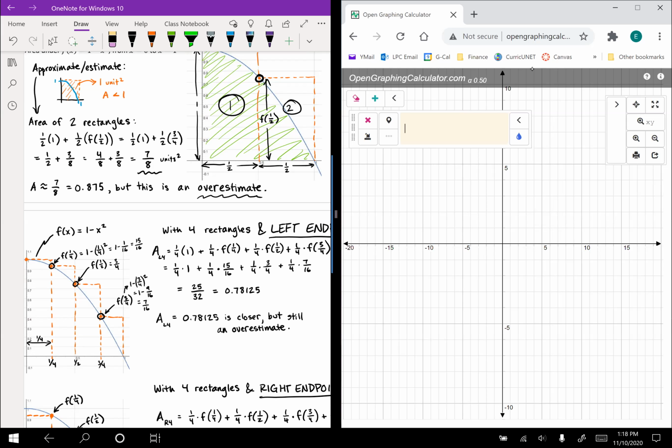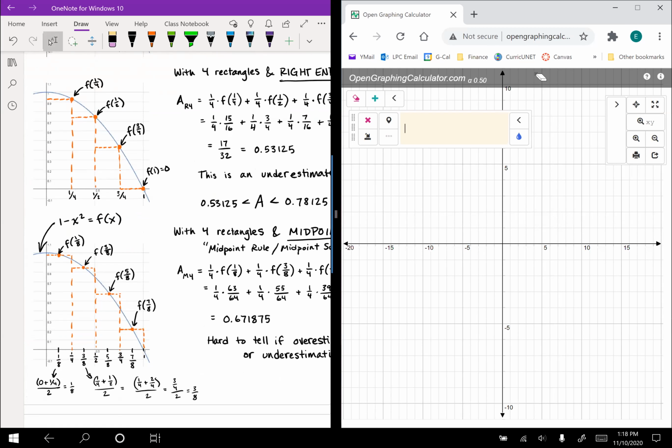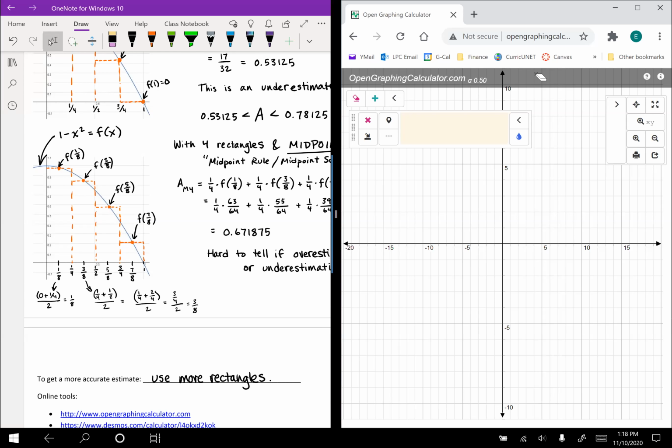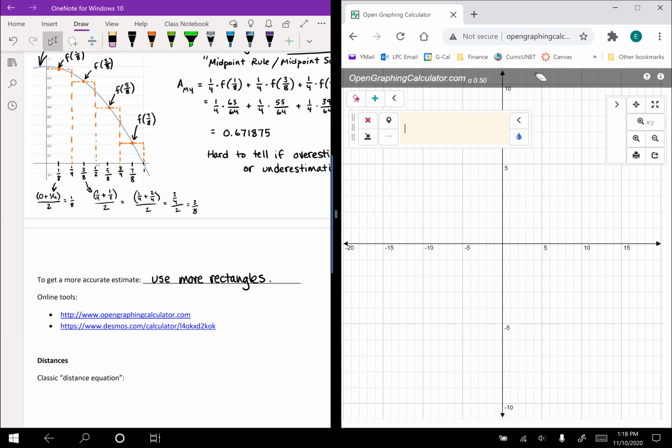If we were to double the number of rectangles again, we would get even closer. But there comes a point where doing it by hand becomes not so realistic anymore. If you are adding together the areas of 20, 50, 100 different little rectangles, you don't particularly want to calculate that all out by hand. So you can use your calculator most definitely. And there's also some online tools that can help with this. So the one I've pulled up for right now is